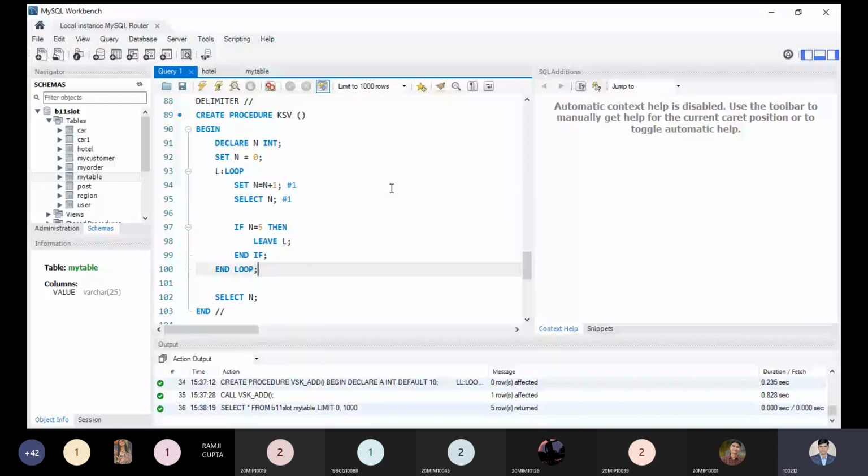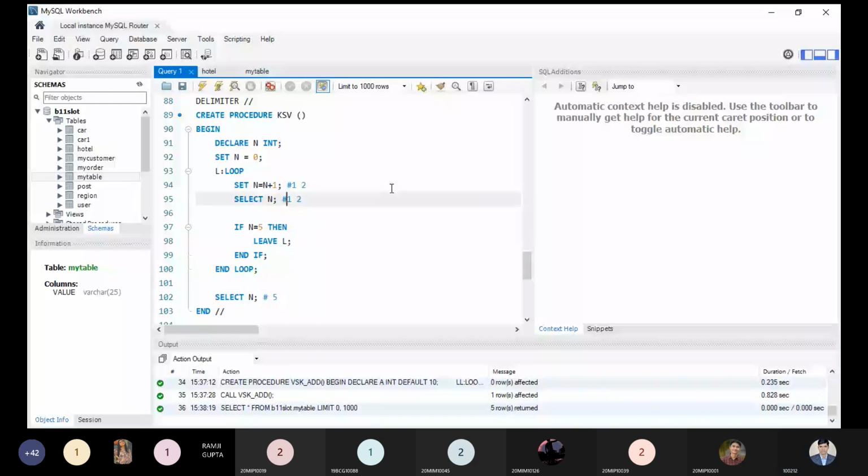Now we have 2, so it will print 2. It will not add 1, 2, 3; it will print the 2, then print the 3, and then print the 4. And at the last it will print the last value, 5 only. With this statement, select n, it will print 1, 2, 3, 4, and 5.